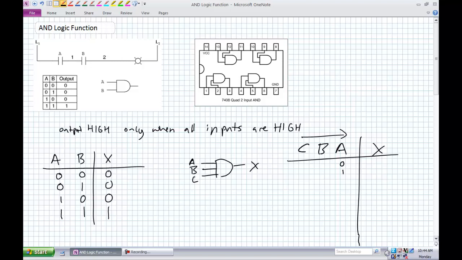So let's do every other: 0, 1, 0, 1, 0, 1, 0, 1. Every 2: 0, 0, 1, 1, 0, 0, 1, 1. Every 4: 0, 0, 0, 0, 1, 1, 1, 1. That is a trick for me to remember all possible combinations. And again, staying organized is absolutely essential to your success in digital electronics. You have to exhaust all possible combinations of inputs. Let's say you forget a combination of inputs